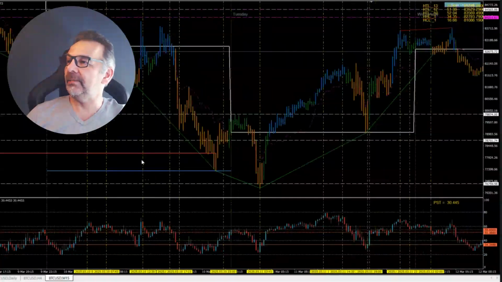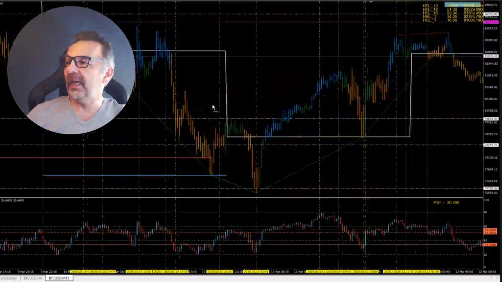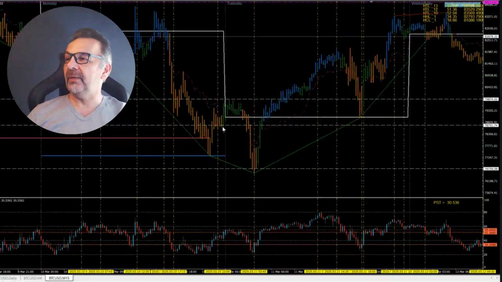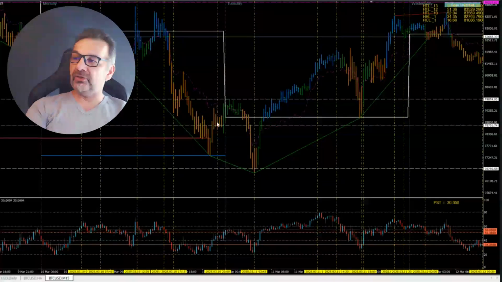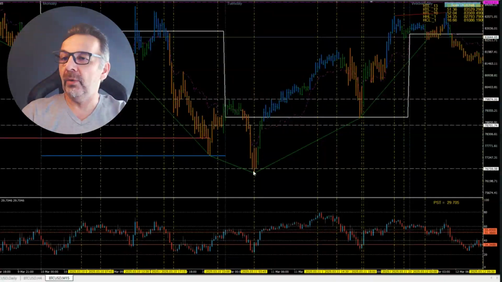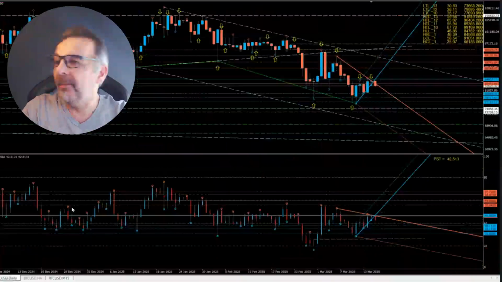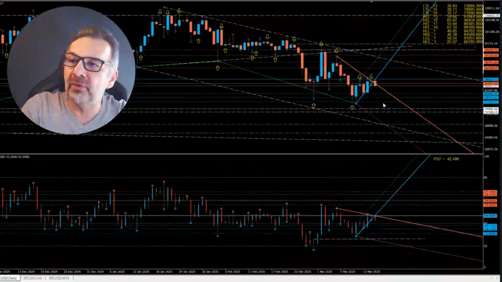And you can see Monday, the market came in, and the market pretty much stopped slightly earlier, but this was a zone. So this is a trading hour. Now on Tuesday, it made a slightly lower low, coming into 76,759. But if you're using your ATM, it's not a surprise.